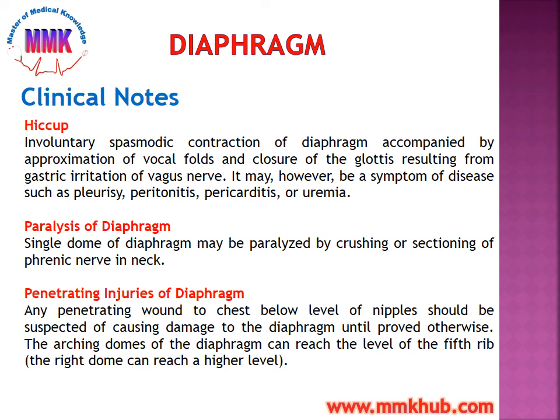And for penetrating injuries of the diaphragm, the important point to remember is that any penetrating wound to the chest below the level of the nipples should be suspected of causing damage to the diaphragm until proved otherwise, because the arching domes of the diaphragm can reach the level of the fifth rib and the right dome can reach a still higher level. So we should be vigilant in any penetrating injury of the chest or the upper abdomen that it can damage the